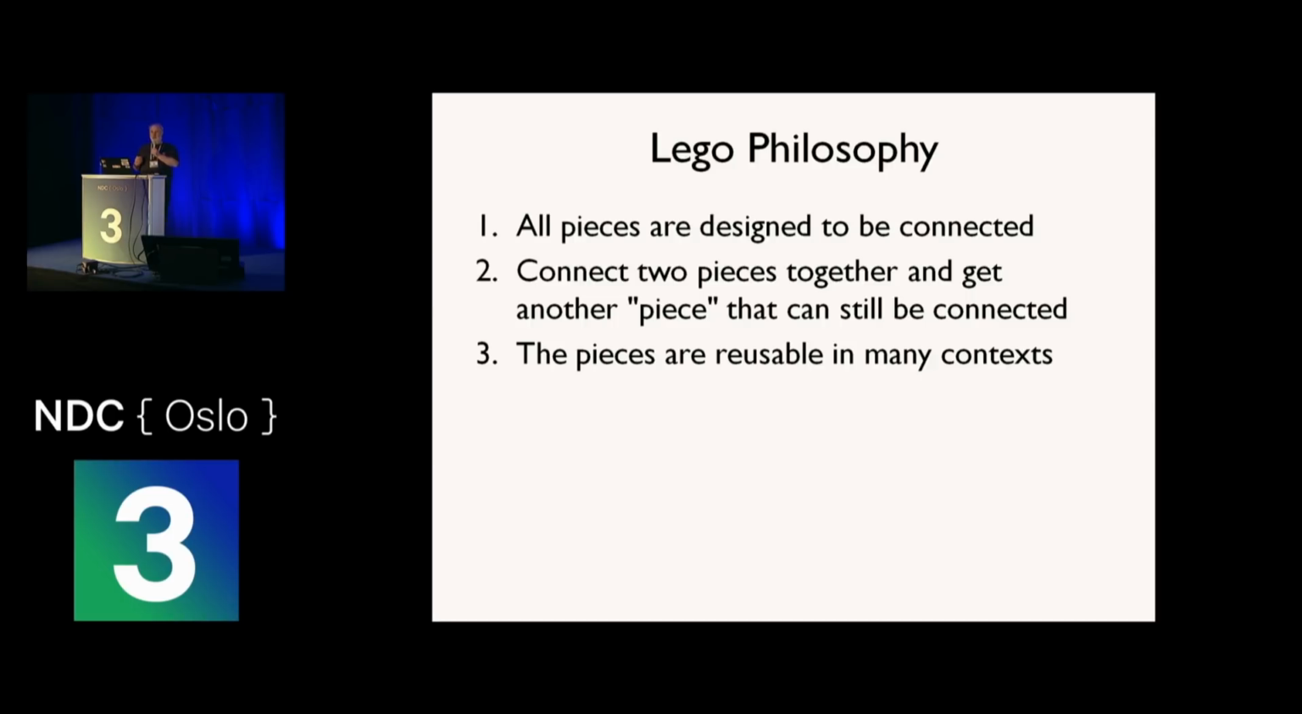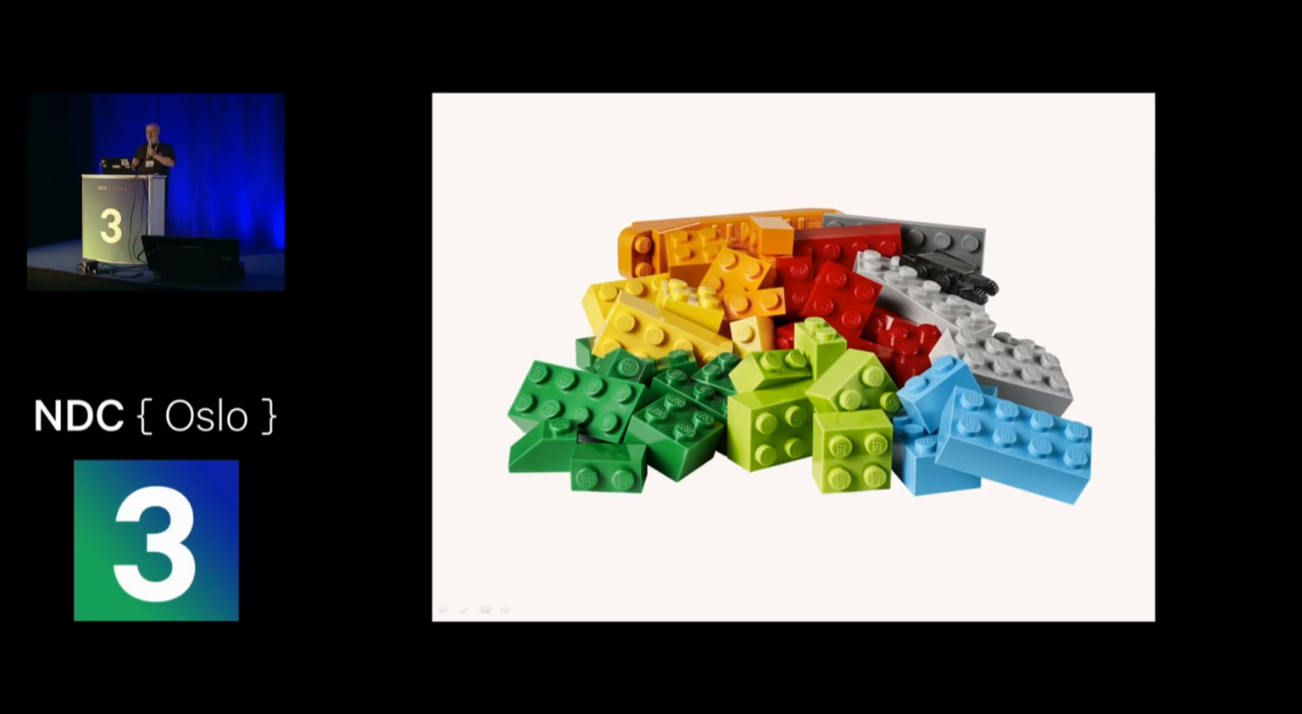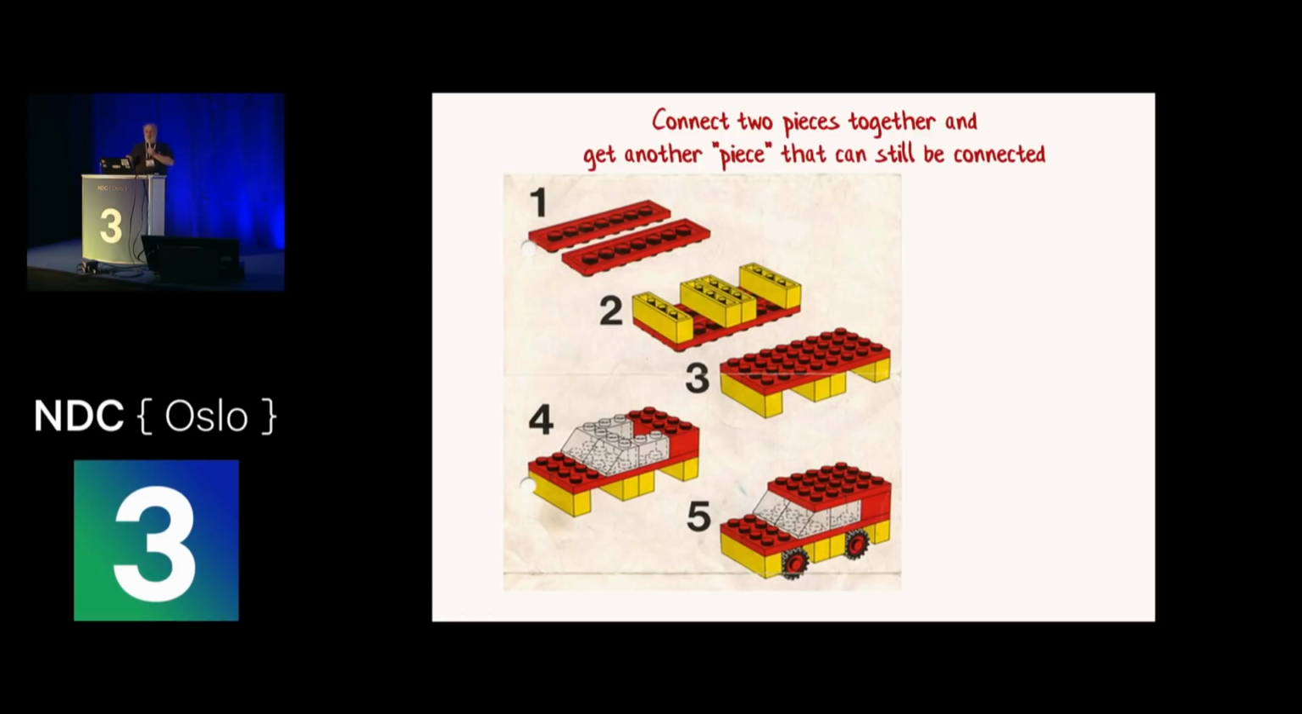So let's go into that a bit more. Here's some Lego. And you can see every single piece has little bumps on it, right? Every piece is designed to be connected, right? There's no pieces which you can't connect. And if you connect two pieces together, you get another kind of piece. So you start off with one thing and you put a piece on it, and that gives you another kind of bigger piece that you can glue things on top of. And then you can take that bigger piece and glue things on top of that, and so on until you've